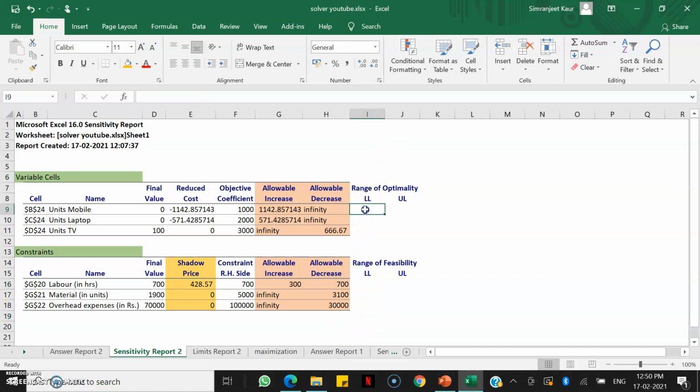Let me calculate my lower limits. This is with respect to my objective coefficient, which is F9 minus the allowable decrease, which is this cell, and I'll press enter here. Naturally this will give me a value because we have infinity here. Similarly here I have to calculate the upper limit, so I'll add this. Let me change this also into 2 decimal places.